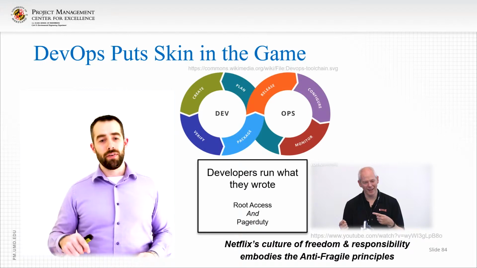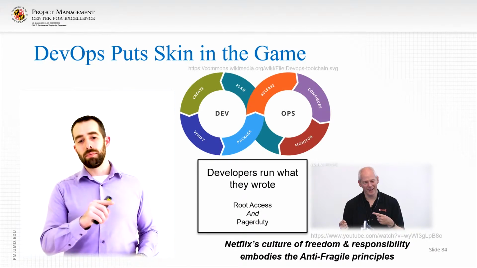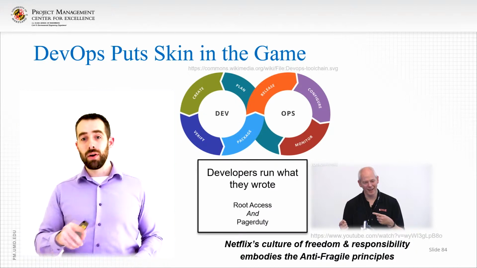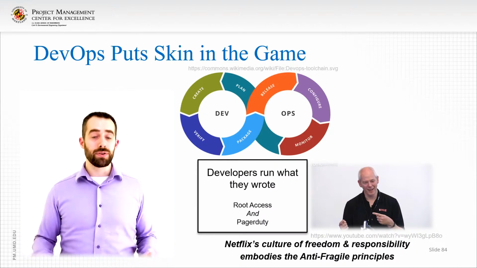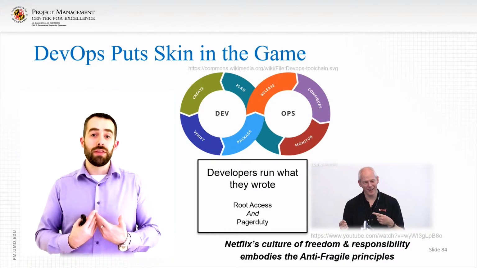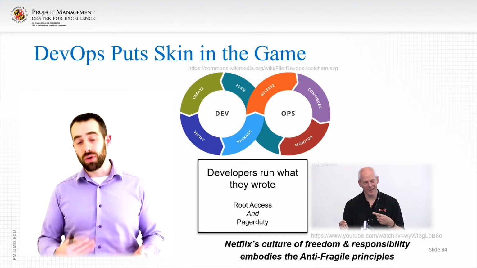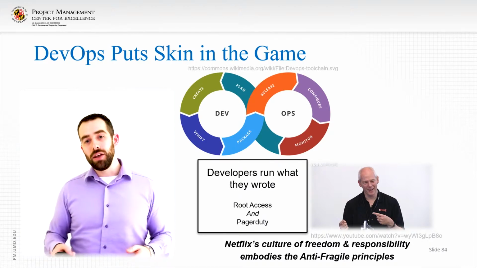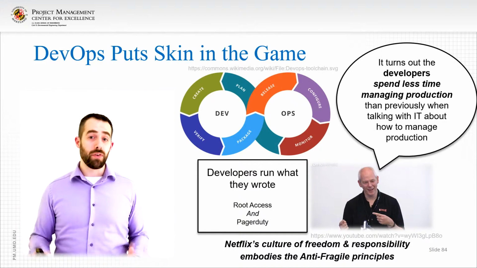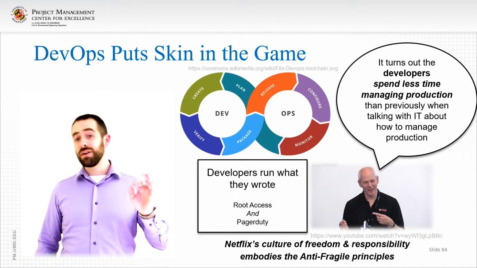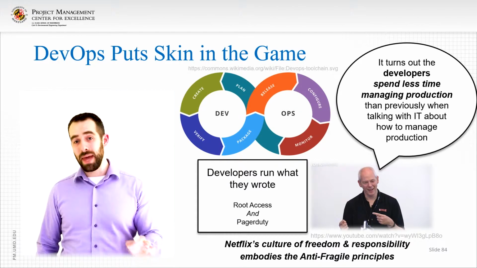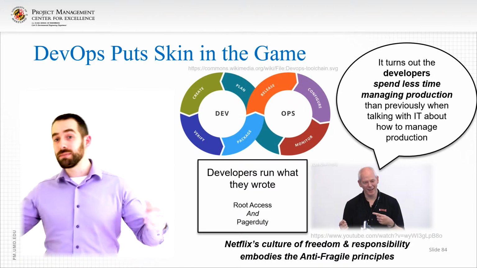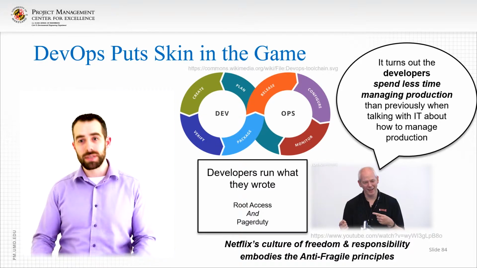This cycle of having essentially the create, plan, monitor, configure, release, package, and verify loop, or DevOps loop, is essential if you're going to have people actually think about what is the operational costs and the operational impacts of their designs. And you might think that this caused a lot of overhead. Well, it didn't. It actually turned out the developers spent less time managing production than they did interacting with the operations teams to explain how to fix problems in production, which is amazing.